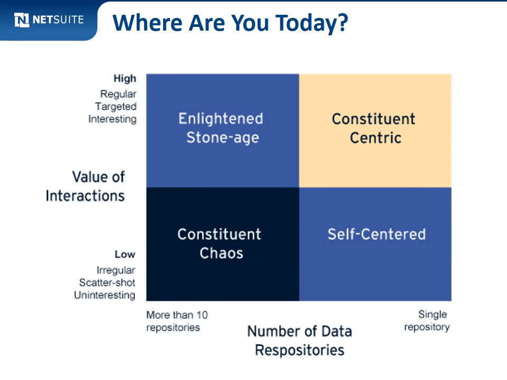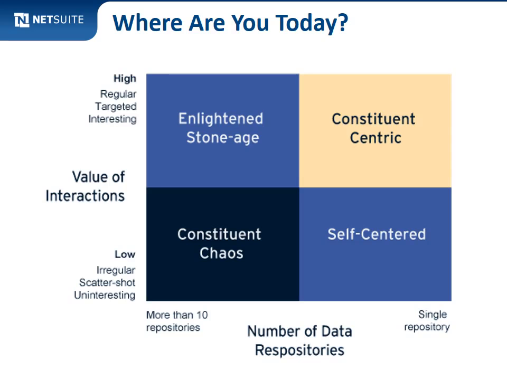The other axis is the value of the interactions you have with your constituents. Do you have a really regular way that you communicate with every donor or with every client? Is it highly thought out? Is there a campaign calendar? Well, then you're on the top end of that. If you just say, oh, I think it's time to send the donors a newsletter, and did we send one last month? I don't remember. Then you're probably on the lower end.